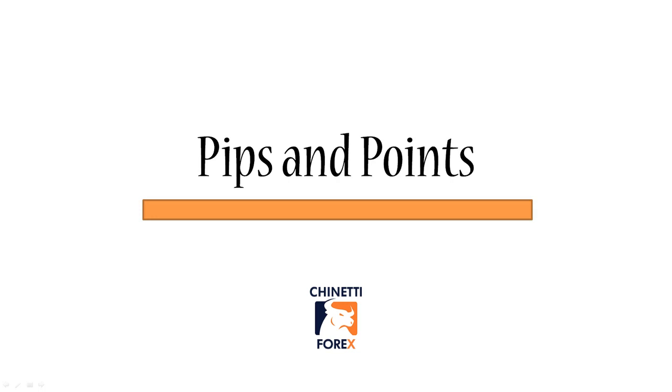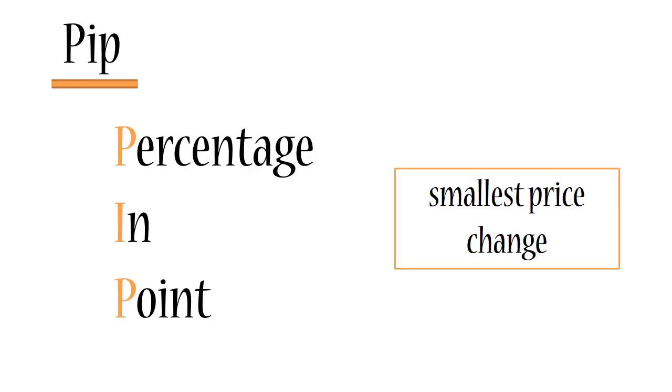Pips and points. In order to trade successfully, you need to understand what a pip is and how to calculate its value. So this is going to be a quite important tutorial because a lot of traders get these things confused, and I would really like to help you to get started in the forex market knowing these things right away. A pip stands for percentage in profit, and it is the smallest price change an exchange rate can make. Therefore, an increase or decrease in pips represents a profit or a loss in your forex trade.